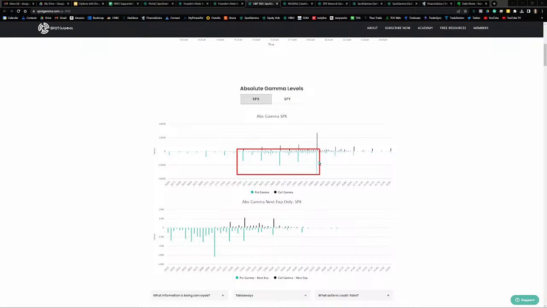So what happens, and this was happening yesterday as price was falling, and it also looks like it's happening today. As price falls, see all these puts, all this negative gamma below 4,000, all these puts, again, traders are long puts, market makers are short puts, and as price decreases and volatility increases, and let's take a look